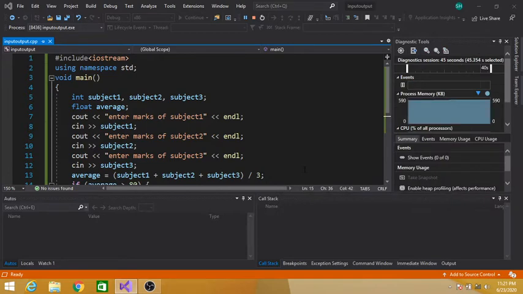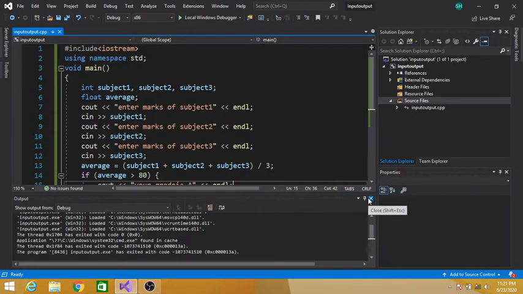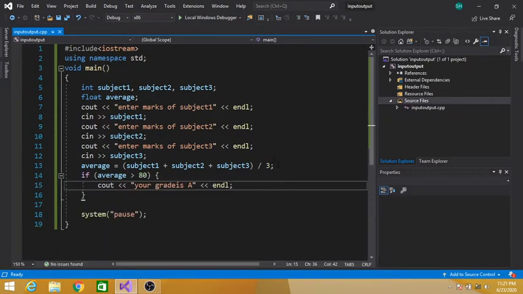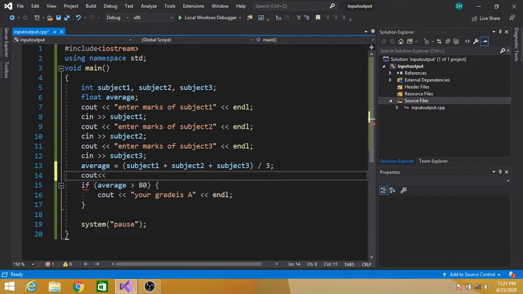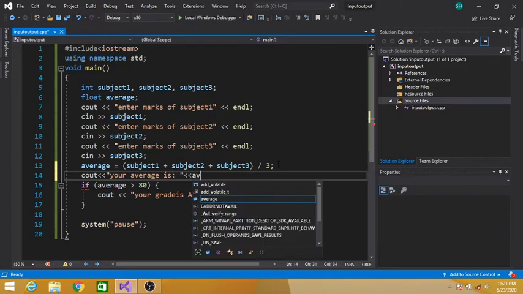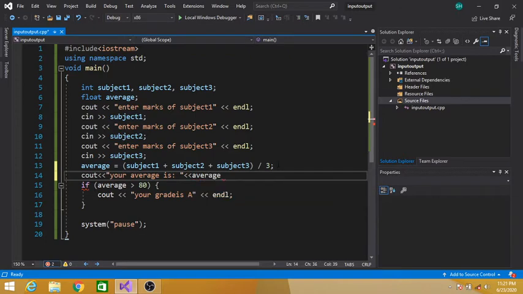So let's also print the average, so you can better understand. Cout your average is, endl.